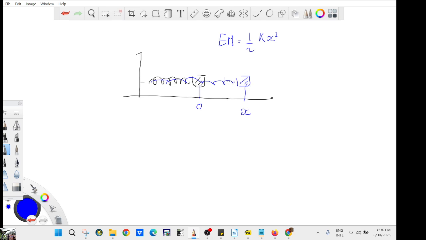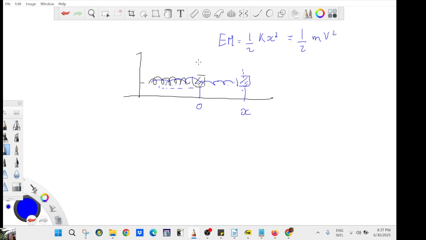And then all that potential energy is going to turn into kinetic energy, and then back to potential energy, and then back to kinetic, and then to potential energy. So all that potential energy that you begin with will be equal to the kinetic energy when it goes through